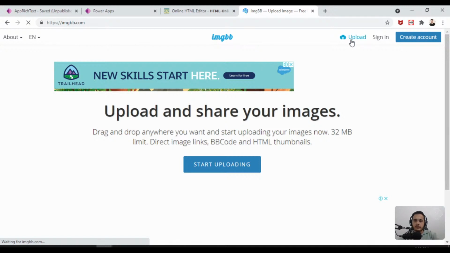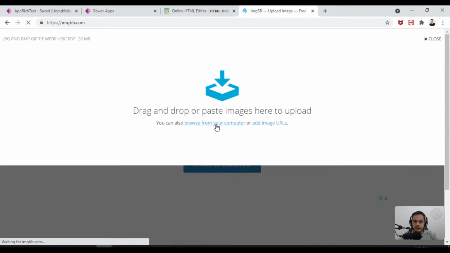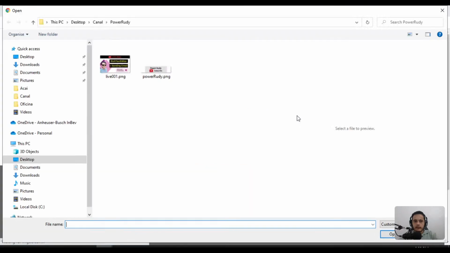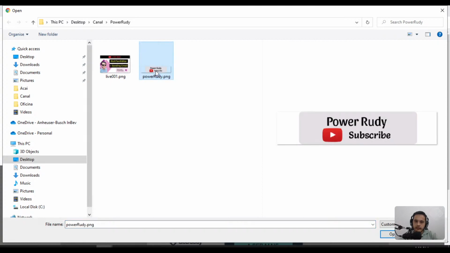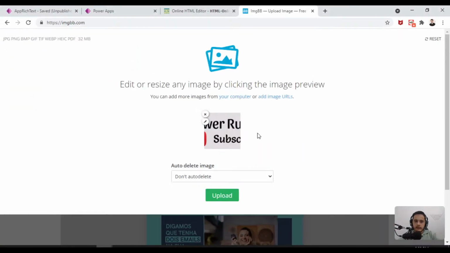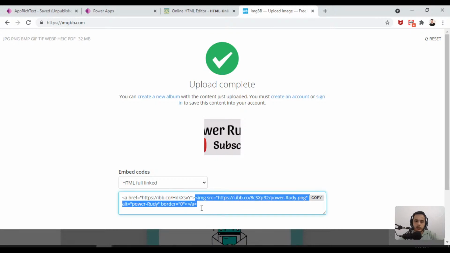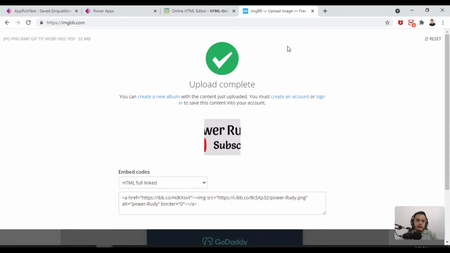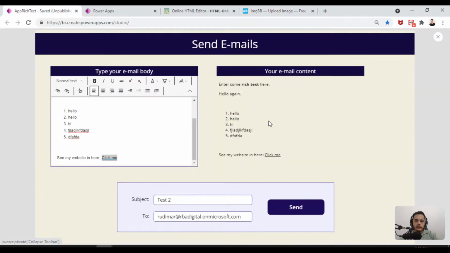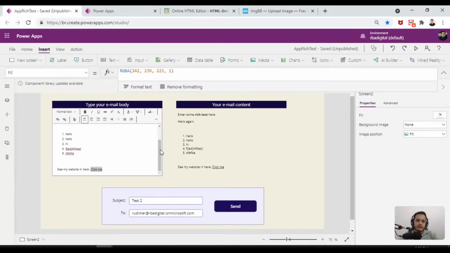So let's hit upload and select the image. Let's find it in my folder, it's in the Power Rudy folder. I'll just select the image here and click on upload. Here I have this URL where I can find the image source. I just have to copy this part and paste it in there. Let's hit copy, go back to the app, and now let's paste